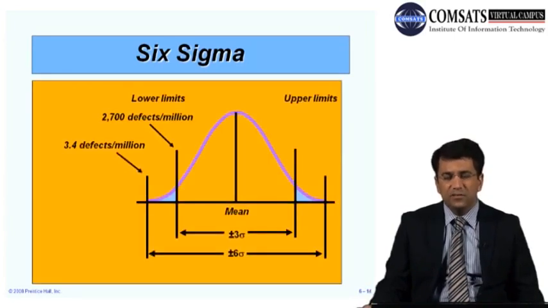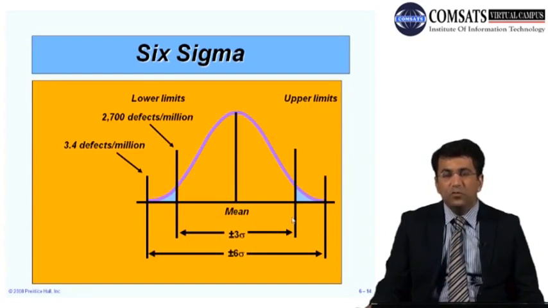So let's discuss this concept of Sigma, which has been taken from the statistical concept. You must have read about the normal distribution in statistics. Normal distribution is the distribution which is normally distributed, which means that if we draw a graph for some data collected from some field, then this data should be normally distributed, and ideally it should be. In between is the mean value, and then there is a dispersion on the left hand side as well as the dispersion on the right hand side. Now statistics says that if we collect some data and we draw a graph, we calculate its mean and standard deviation, then